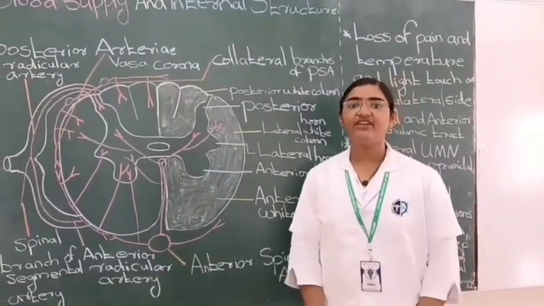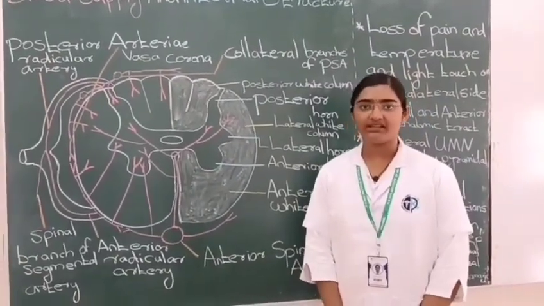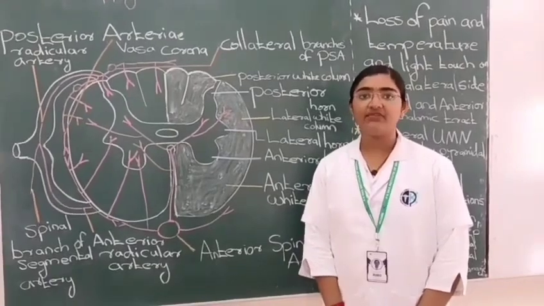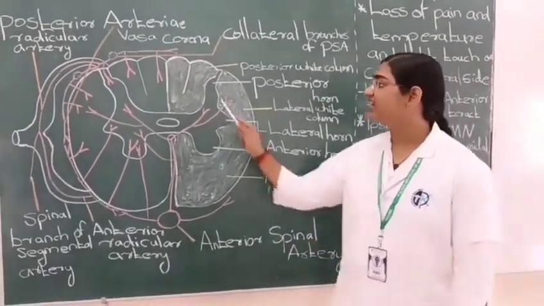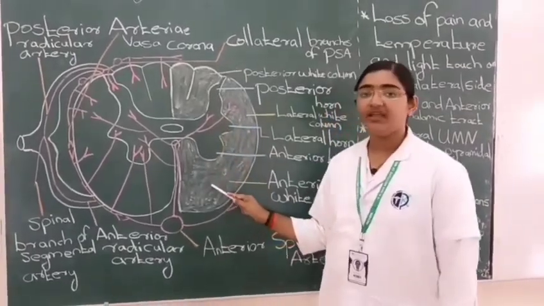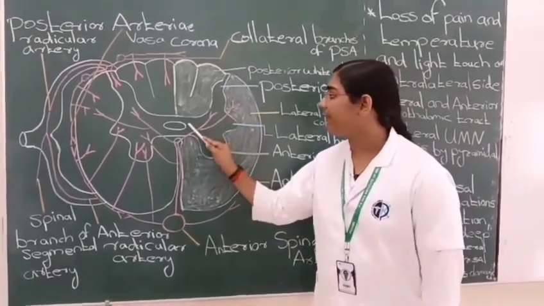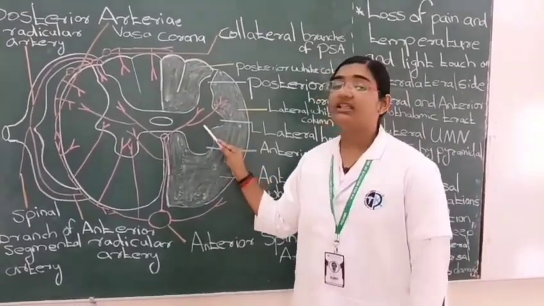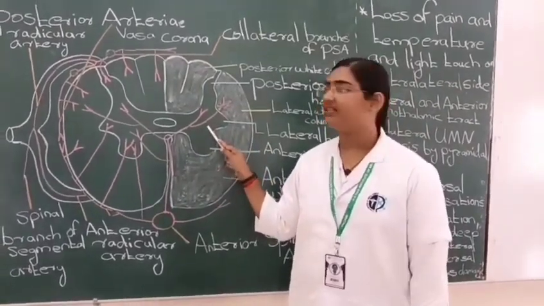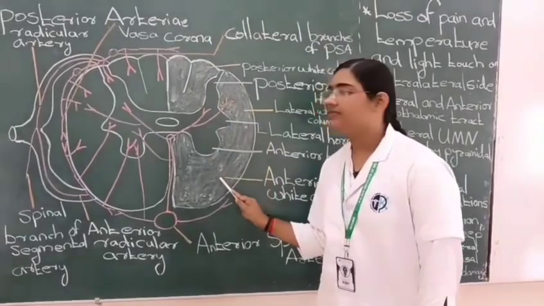Hi, in this video we are more concentrating on the blood supply and internal features of the spinal cord. First of all, we are discussing the internal features of the spinal cord. The spinal cord has an inner grey matter and an outer white matter. The inner grey matter is formed of the neuron cell bodies and the outer white matter is formed of the